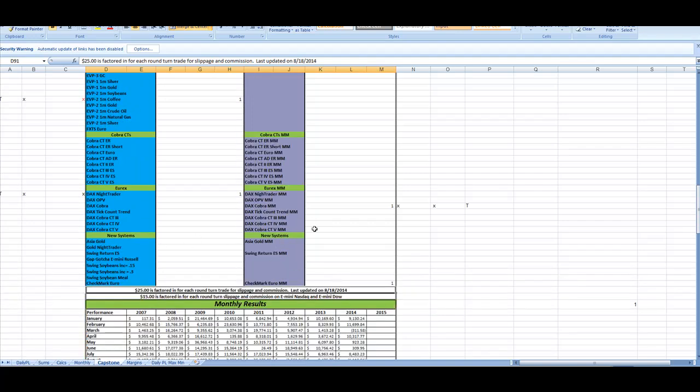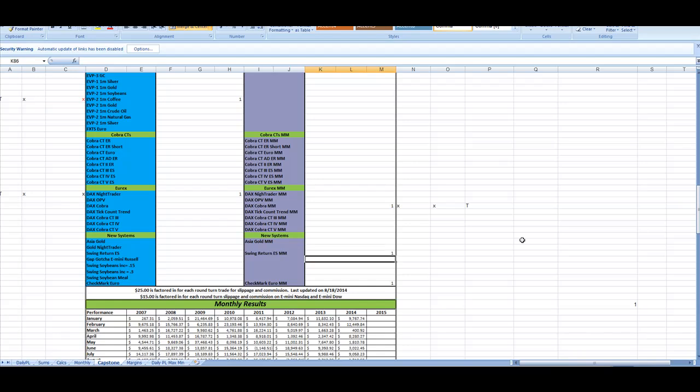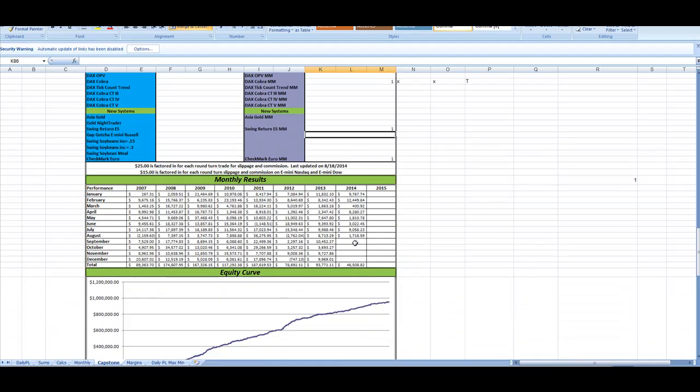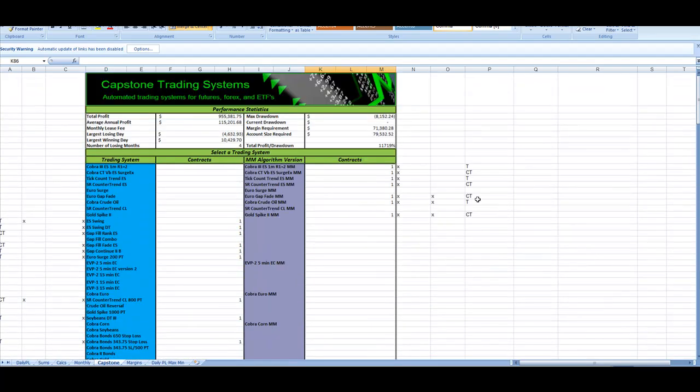stock index swing return ESMM. So we're a big fan of the way the swing systems work in this sort of market environment, and so when we look at swing return money management algorithm version, it actually puts us up for the month, and we're at an equity peak right now instead of a drawdown. And this is a counter trend strategy. It trades overnight, holds positions overnight, has a big stop loss of 2,500, but the results have done really well in this market environment. It's a counter trend swing trade, and we don't have any counter trend swing trade strategies in